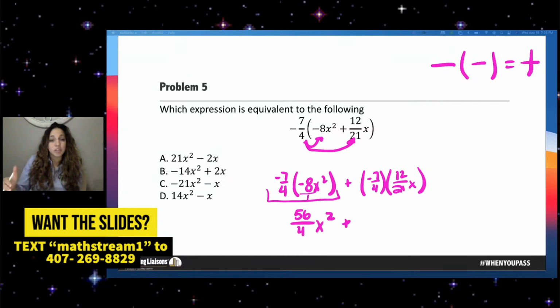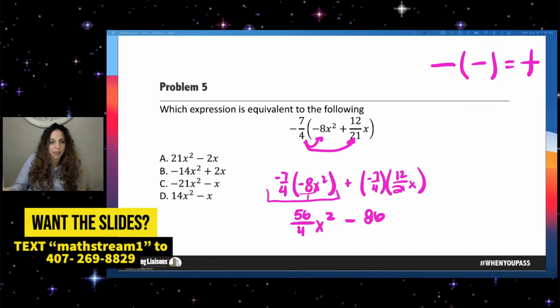Plus, and again, elementary people, you need to know how to do that. Multiplying fractions, being very comfortable with that. You may not need to know how to simplify an expression, but that basic understanding is something you will need to know. Then negative times a positive is actually going to be a negative. So I'm going to change this positive into a negative. -7 times -12 is